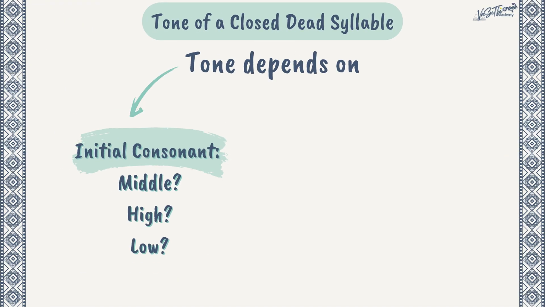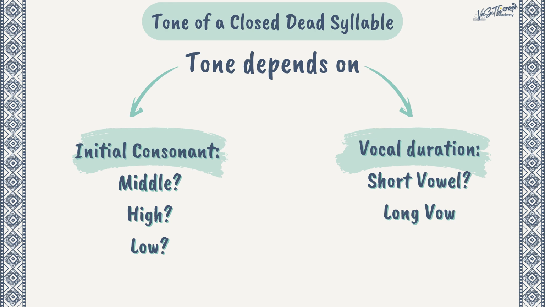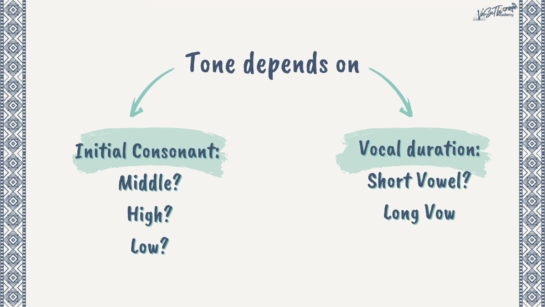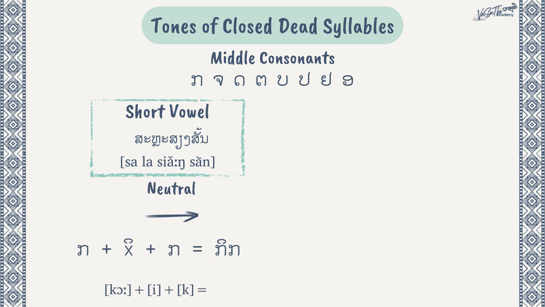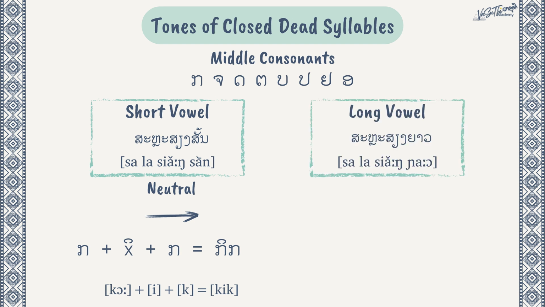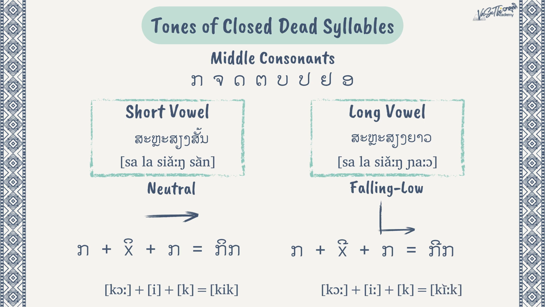The tone of a closed dead syllable depends on the group to which the initial consonant belongs and the vocalic duration of its vowel. When the initial consonant belongs to the group of middle consonants and its vowel is short, the tone of the syllable is neutral. กออิกคิกคิก If its vowel is long, the tone is then falling packed, that is to say, falling low. กออีกกีกกีก